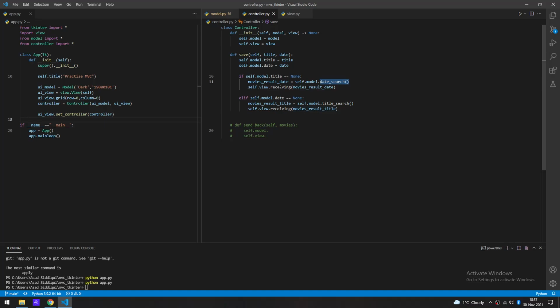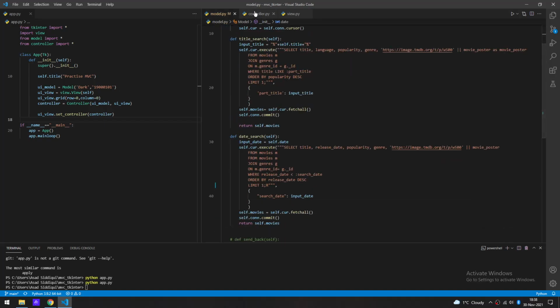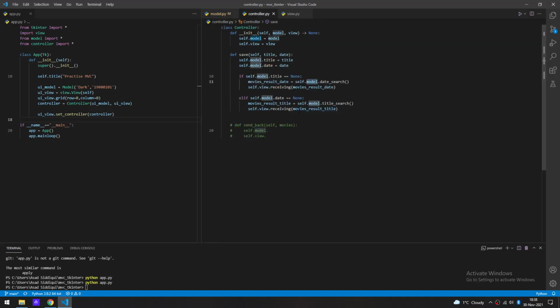Anyhow, so we receive these two depending on whichever one's empty. Then we are going to describe it. We're going to set the model object's method, date search, which we can now go into, and we're going to go ahead and